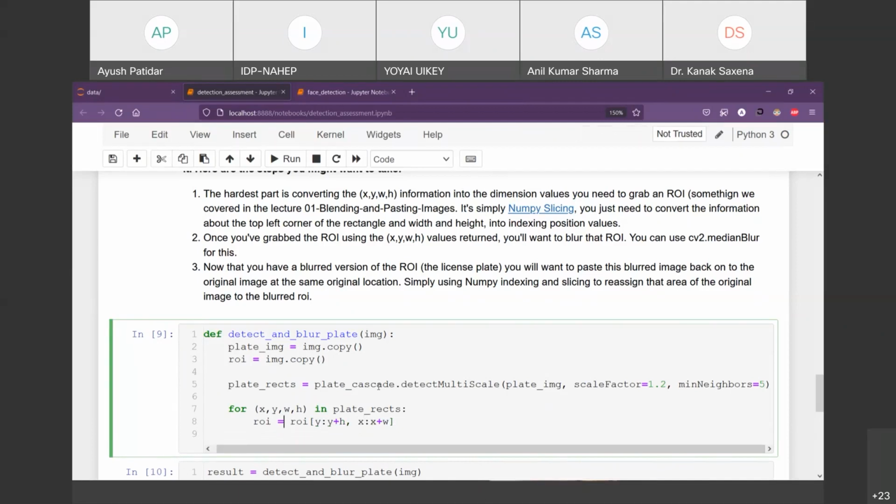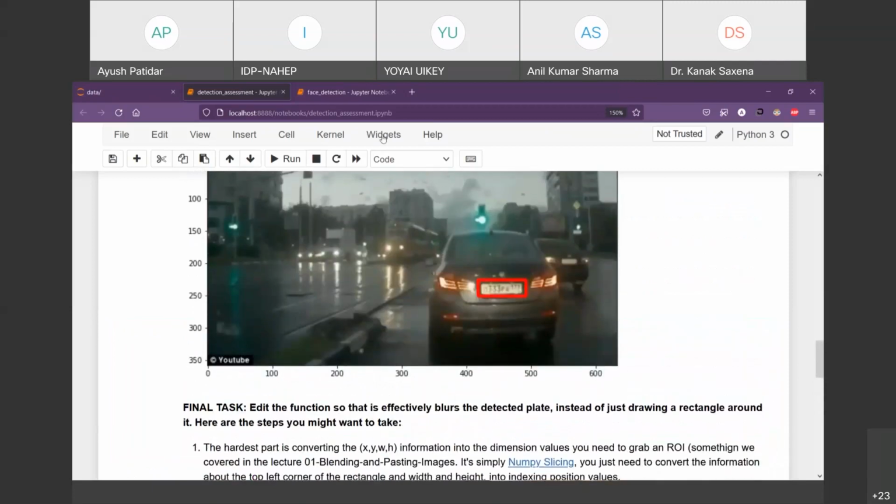From this particular coordinate till y plus h, from top to bottom, and in this direction from left to right, x starting from x and ending at x plus width. So basically from top to bottom, from left to right, this particular area